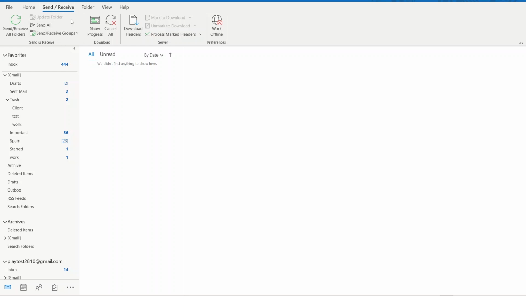Once you're in the Send/Receive tab, you'll notice several icons and options available to you. Among these, there is a button labeled Work Offline. Now this is the important part. If this option is highlighted, it means that Outlook is currently set to work offline, which explains why you're experiencing issues with connectivity. You'll want to click on the Work Offline button to turn it off and ensure that it's